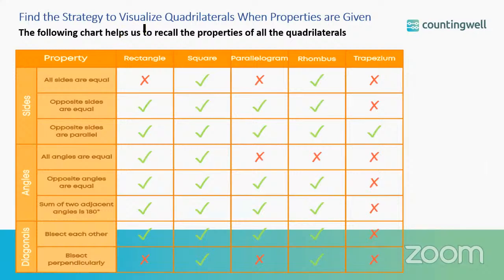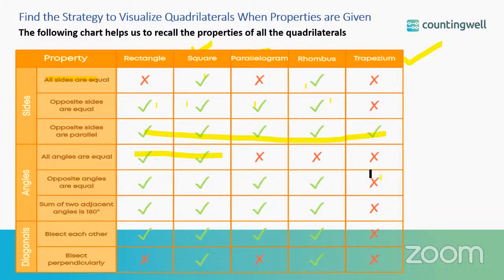So this is a chart which helps us to recall the properties of all the quadrilaterals. Here we have rectangle, square, parallelogram, rhombus, and trapezium. In which of these quadrilaterals do we have all sides equal? In the case of square and rhombus. Opposite sides are equal in the case of rectangle, square, parallelogram, and rhombus. Opposite sides are parallel in all these quadrilaterals. All angles are equal in the case of rectangle and square, each 90 degrees. All opposite angles are equal,